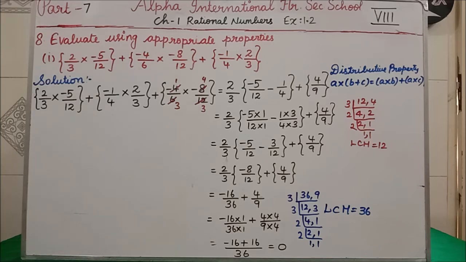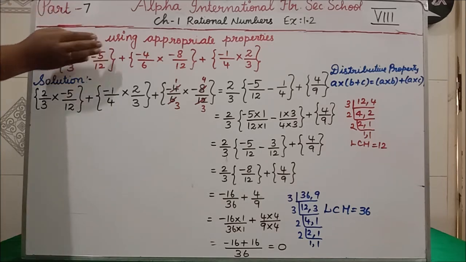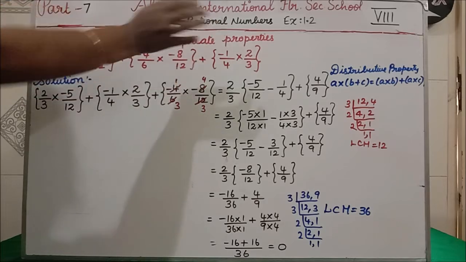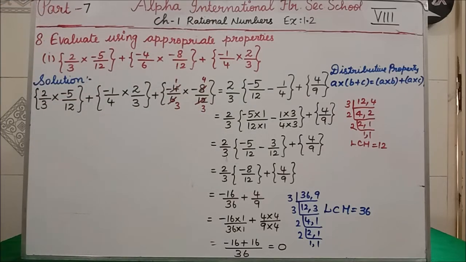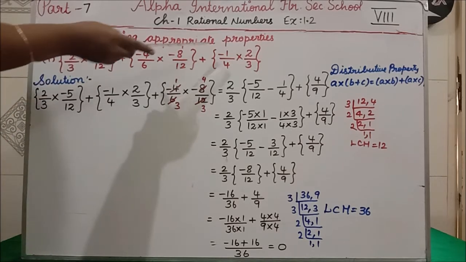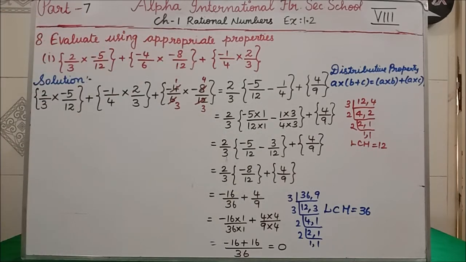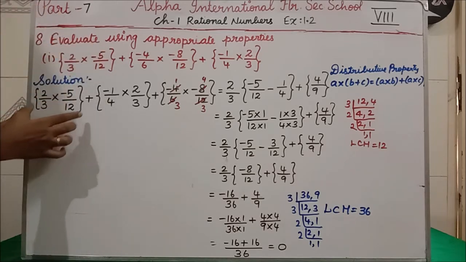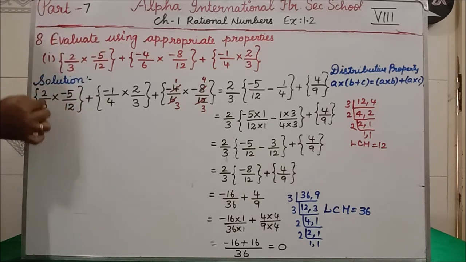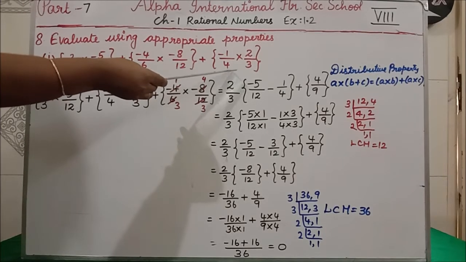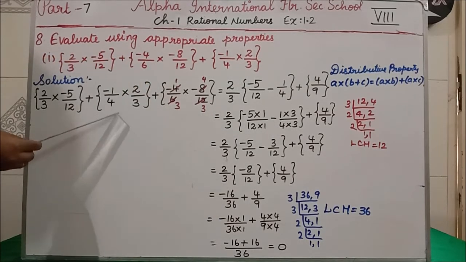See, students, totally how many terms are we having? This is one term, this is one term and that is one term. Totally the first term, the second term and this is the third term. Now you see which number is repeating again. See here, 2 by 3 is repeating again. Anyway, 2 by 3 is there. Yes, here we are having 2 by 3. So you have to write this first, I have written. Then afterwards, where is this 2 by 3 coming? In the third term. So write that next.